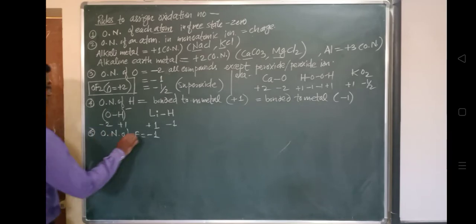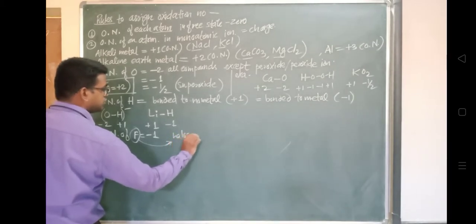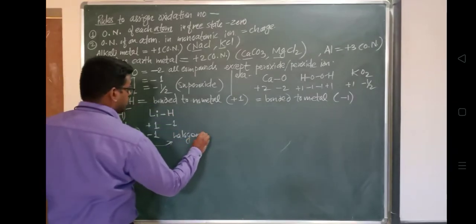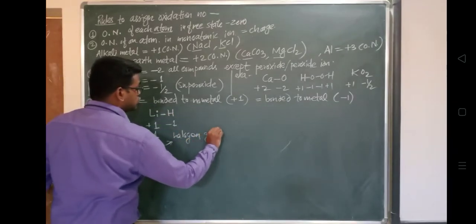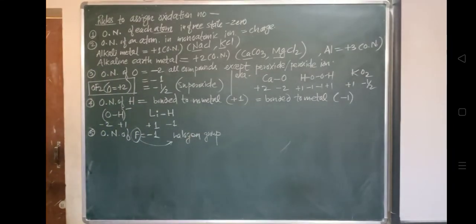So fluorine यहाँ पे मैं लिख के रखता हूँ. It is a halogen, meaning a group 17 member. Group 17 periodic table में देखो आप लोग, halogen group member. So the other members of this halogen group also usually show -1 as their oxidation number in their halide compounds. However, in compounds in which chlorine, bromine and iodine are bonded to oxygen, the oxidation number of the halogen is +1.